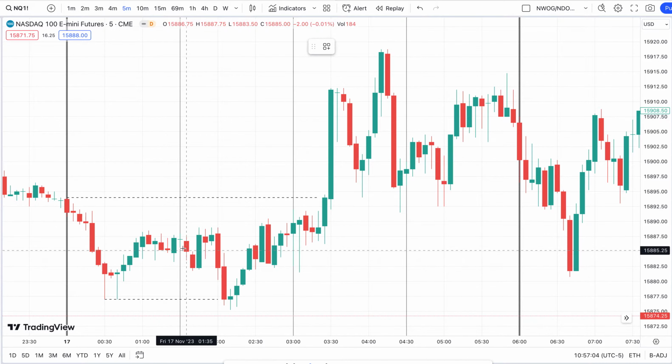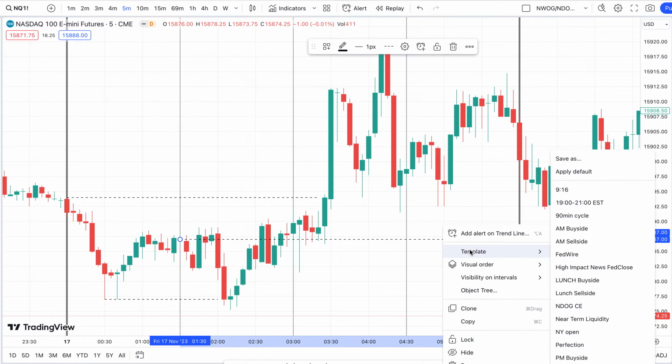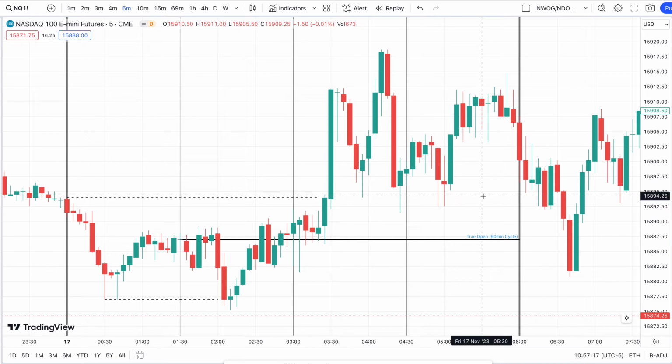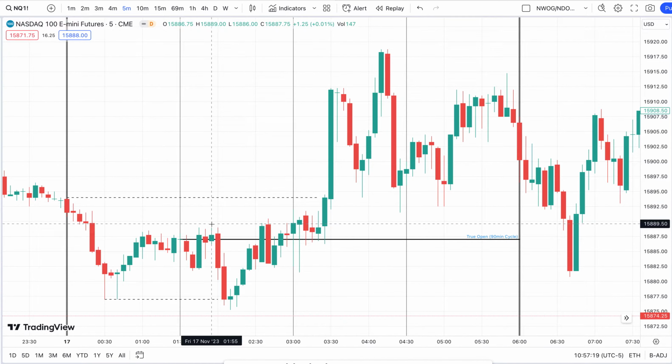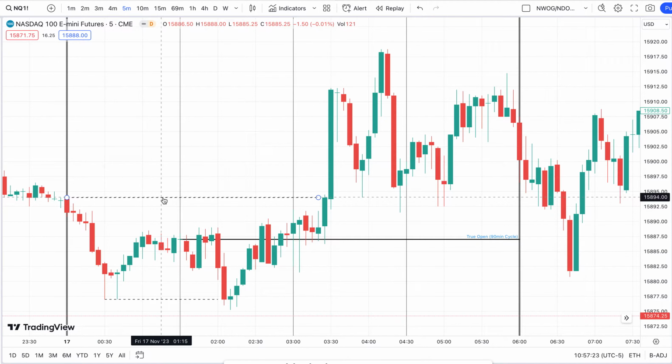Mark out through open. So we've got sell side liquidity, buy side liquidity of Q1. We've got through open in Q2, and now